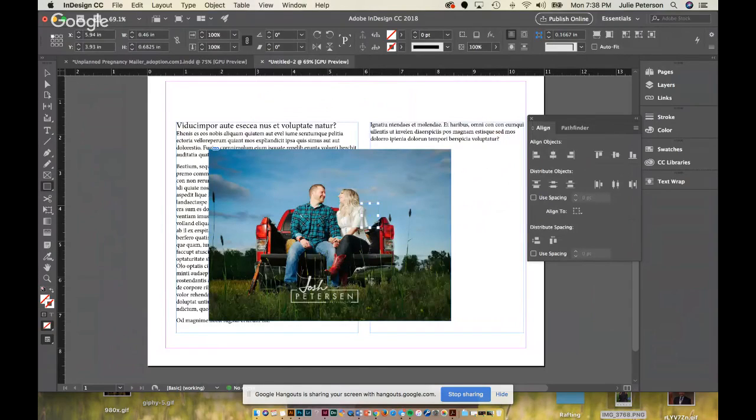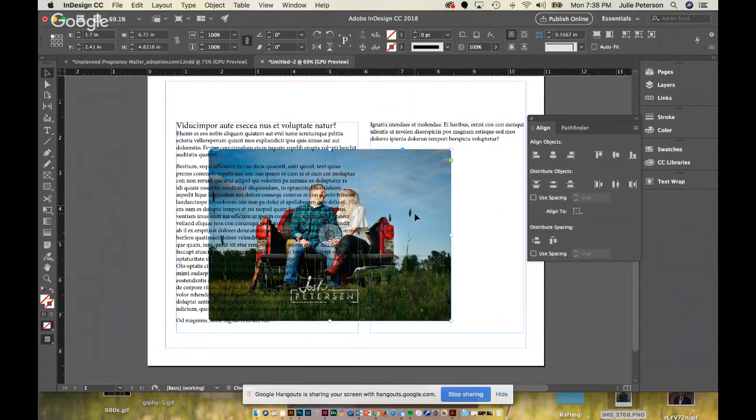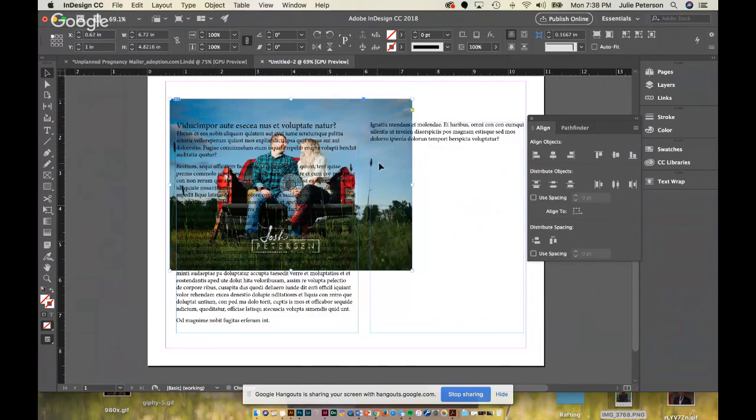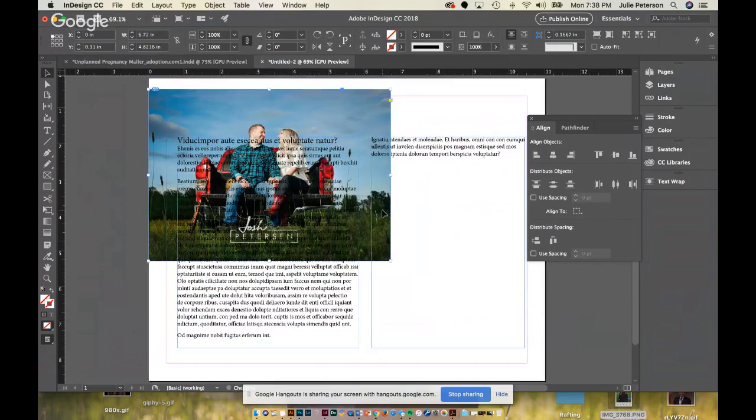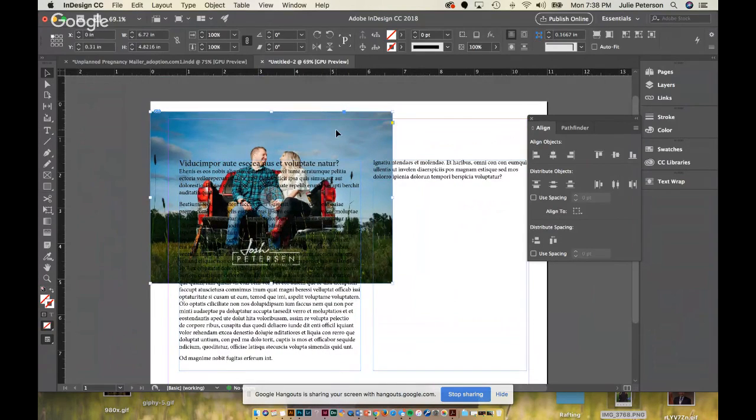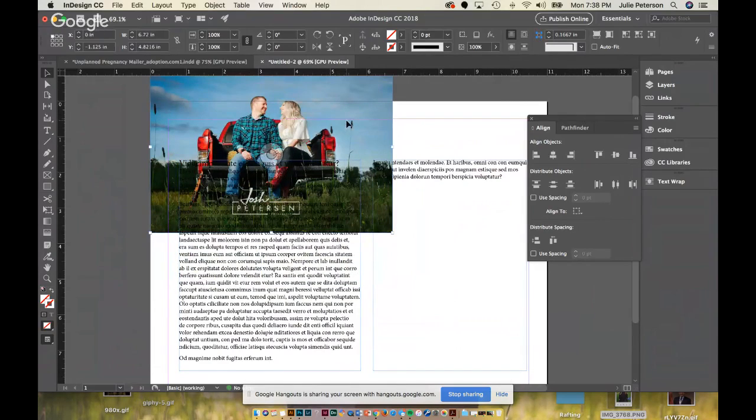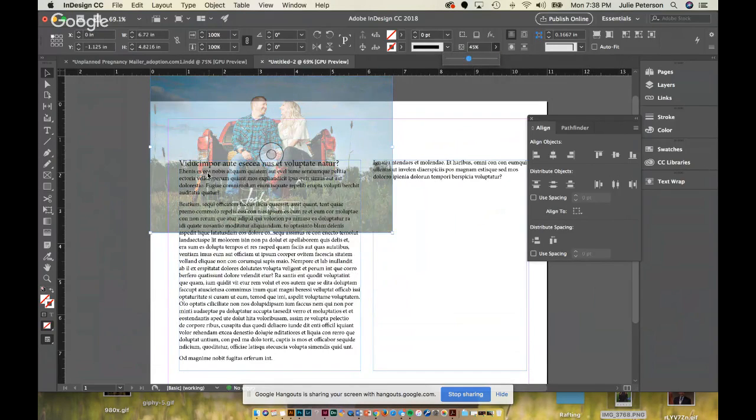Okay, so I have an image on here, we're gonna bring it to back. I'm putting the text on top of it. So here are my options. I could lower my opacity on the image and make it softer. So if I just click on that image, I'm trying to make it kind of set up like yours is. But anyways, if I just click on it, I can lower the opacity here, and that lowers the opacity so it's easy to read. I kind of like your image though, the opacity it is.